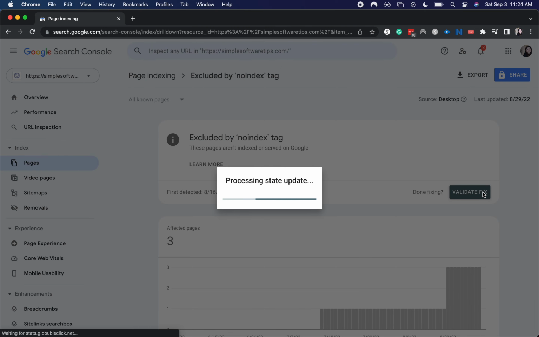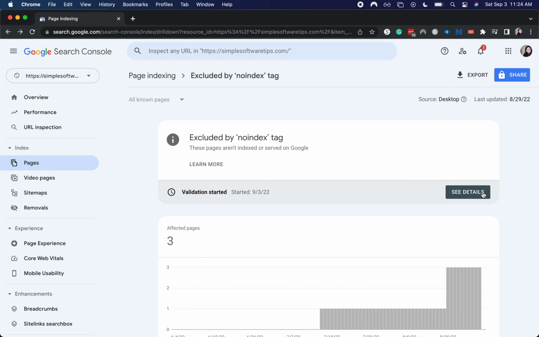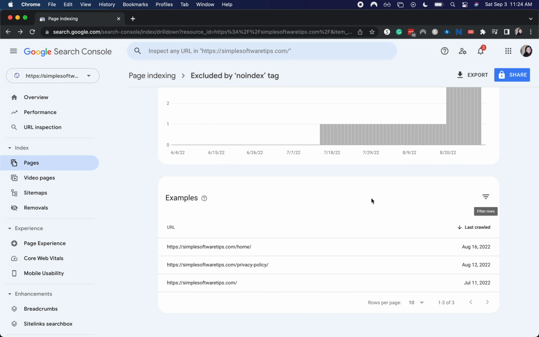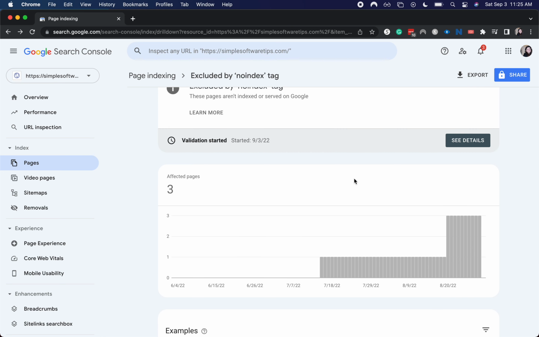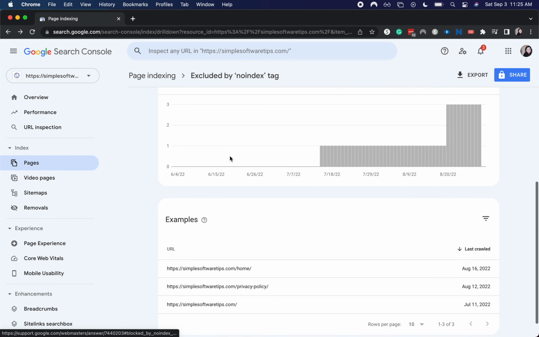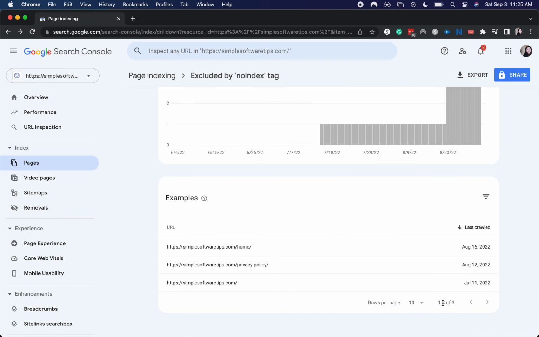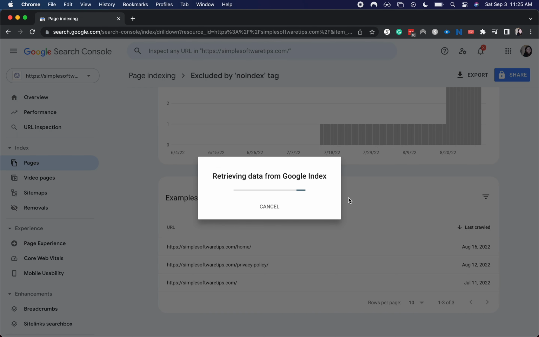And it's going to process a little bit, and maybe it'll ask me to validate. Sometimes it asks us to do like a reCAPTCHA or choose the different photos if it meets this criteria, but it didn't ask us to do that. So it'll take probably 2 to 3 days to validate this fix, so it'll be not excluded by a no index tag. Another way that you can do this is you can go to inspect URL